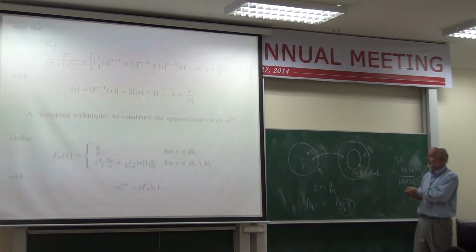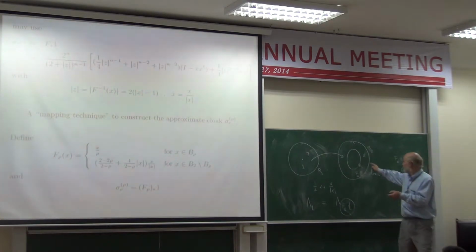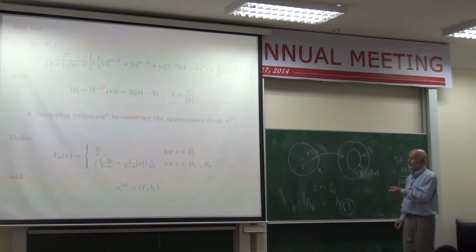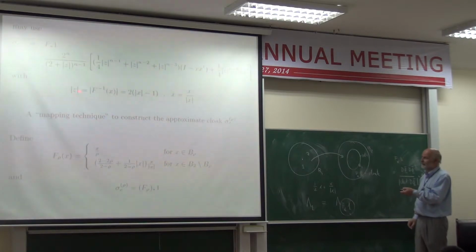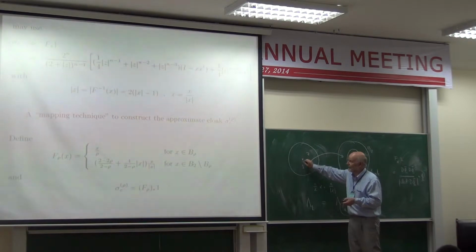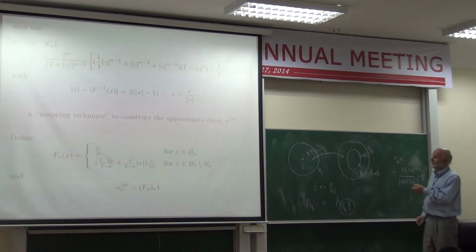Okay, so you see that when x is equal to 1, that's when I go in here. That's when I approach this point in here. When x approaches 1, z approaches 0, so you approach this point in here. And when you look at this thing here,